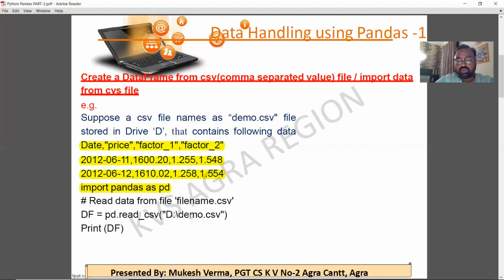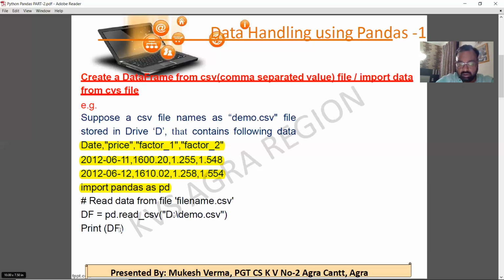The data stored in the demo.csv file will be read and imported into the data frame df. So the read underscore csv function reads the data from the demo.csv file, and now the data is stored in data frame df. And in the last third statement I have printed the data frame df.